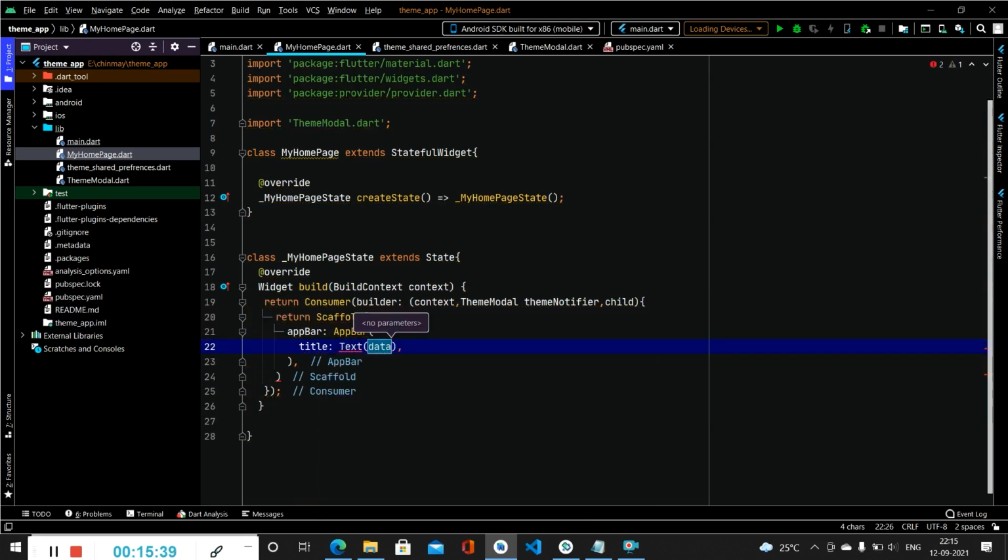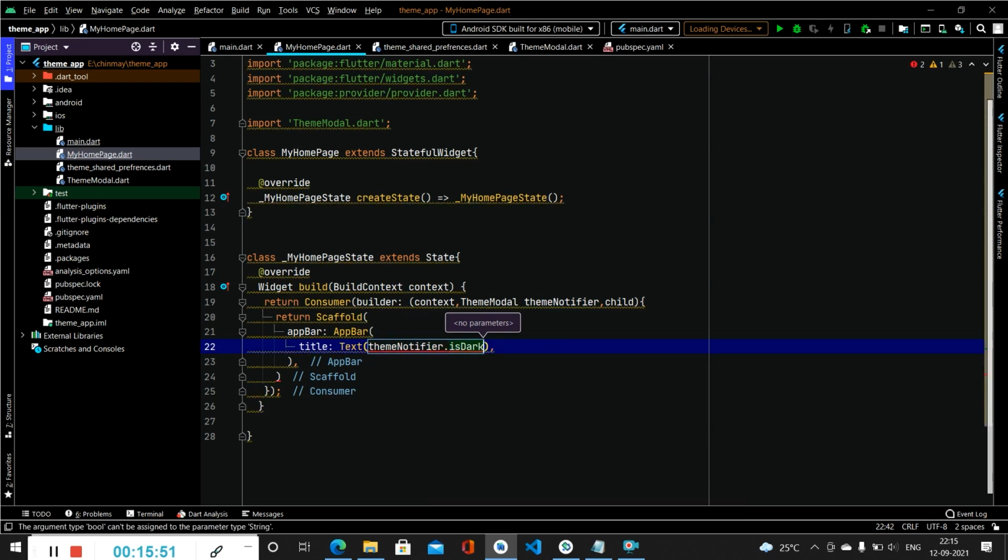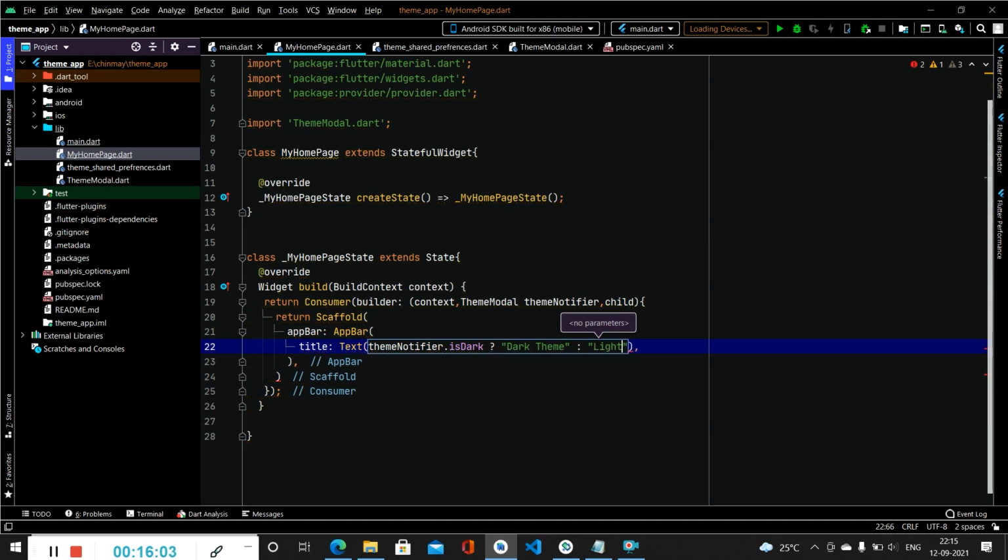Inside Text we will be calling themeNotifier, and if it is dark, that means if the themeNotifier tells us that it is dark, then we will set the text as Dark Theme. In the else condition, we will simply set the text as Light Theme.